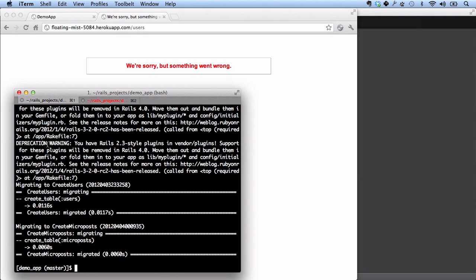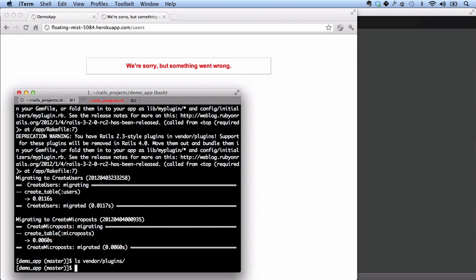Now you may notice a couple of deprecation warnings here. I hope that will be gone by the time you see this, but if it's still there, don't worry about it. It's complaining about a directory called vendor/plugins that has been deprecated, but if you look at vendor/plugins, in fact, there's nothing there. So that's kind of annoying, but don't worry about that deprecation warning. This heroku run rake db:migrate works just fine,